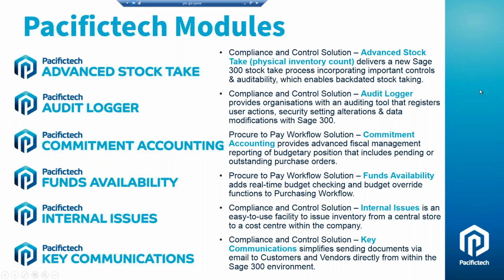So this is just a high-level overview of the Pacifictech modules. We have Advanced Stocktake, which is an extension to IC's current Stocktake and gives you multiple worksheets, the ability to go back retroactively to month ends in various periods. Audit Logger, Big Brother, I think we've talked a few times about,